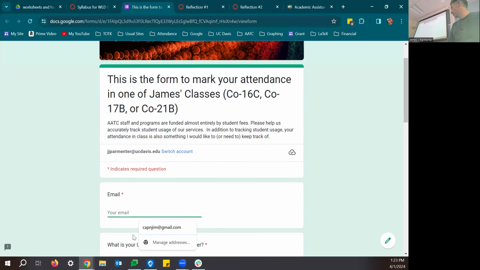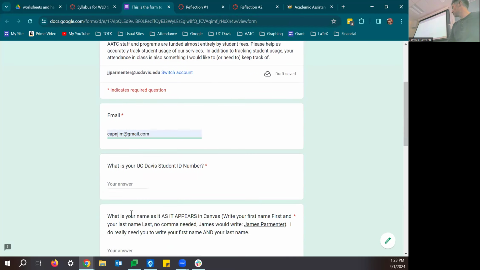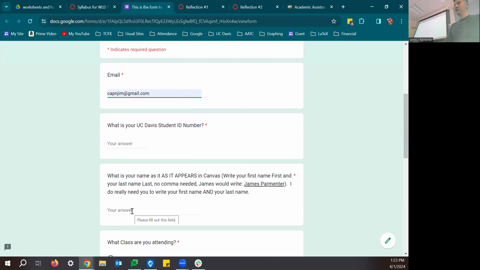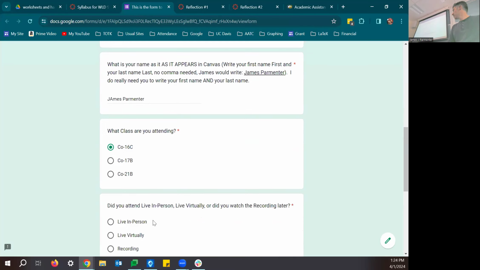You're going to write your email there, your ID number, and your name as it appears in Canvas. So I would write my name as James Parmenter. Please do write your first and your last name. It makes it easier for me to fill out the attendance stuff later. What class are you attending? That would be this one.